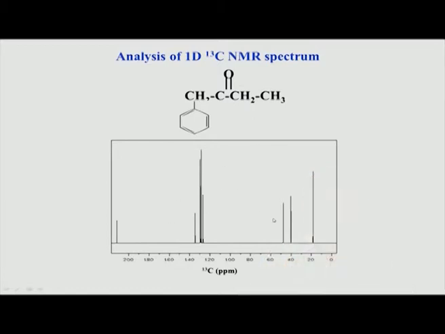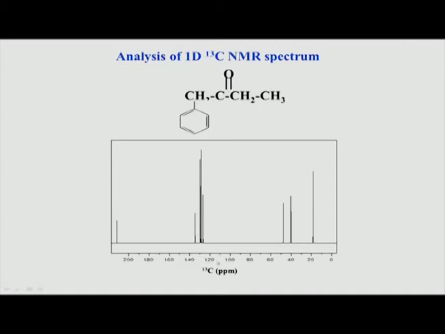So, let us try to assign, means match which carbon could be which. Again, logically you can say that this carbon, which is away from all these groups, could be the most upfield shifted, and that comes as the regular methyl. So, this is something you can directly say. Similarly, this ketone group, if you look at the chart of chemical shifts we saw, the ketone is the most downfield shifted carbon. It comes close to 220 ppm. So, that is what you see here, a very downfield shifted peak around 220 ppm, and that therefore has to come from the carbonyl group of the ketone.